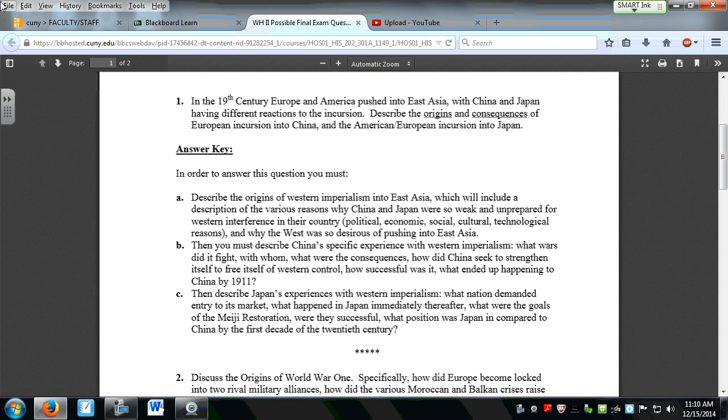Now, once you've dealt with the origins of the European and American incursion into East Asia, now you got to deal with the consequences. Specifically, how did China and Japan deal with this foreign interference in their country? The Chinese and the Japanese responses were completely different. So for China, and this refers us to part B of the answer key,